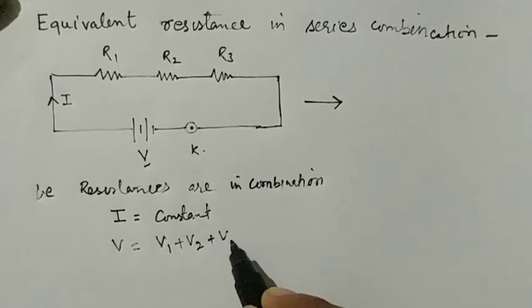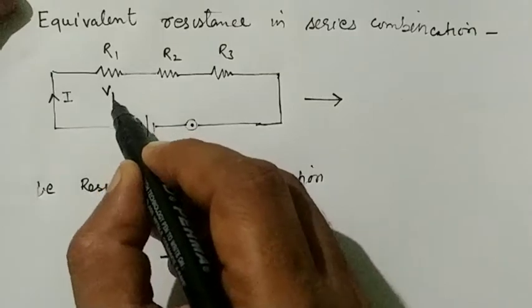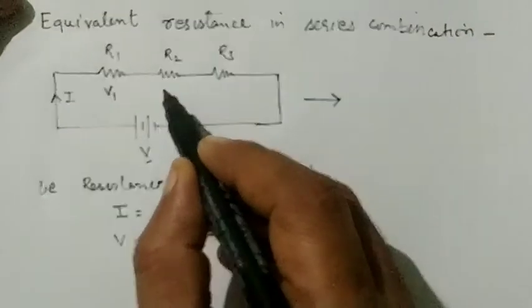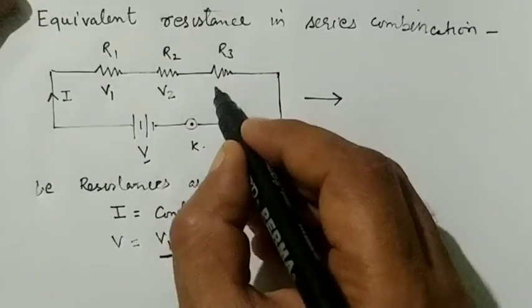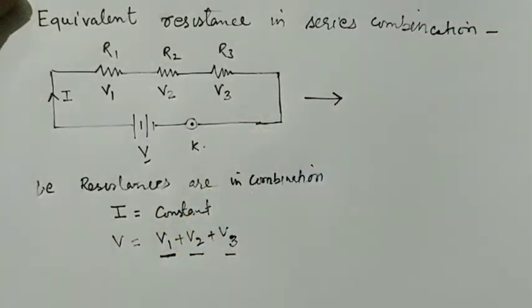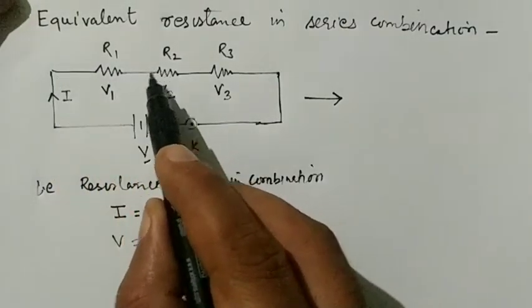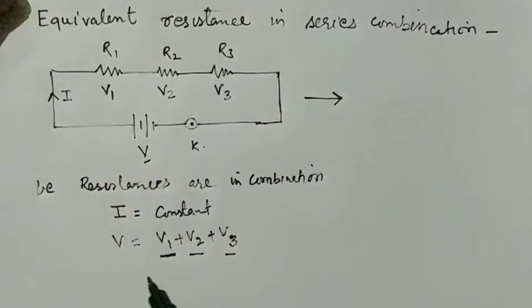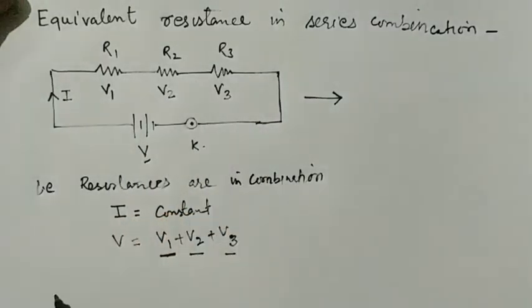So that is equal to V1 plus V2 plus V3. Here V1 is the potential drop across R1, V2 is the potential drop across R2, and V3 is the potential drop across R3. So if you apply Ohm's law to these resistances, as the current is constant, so using Ohm's law,